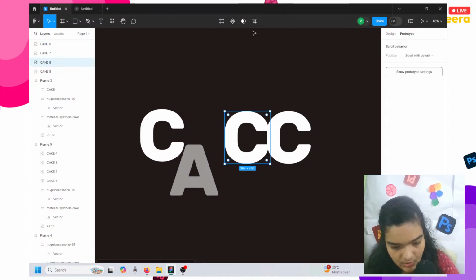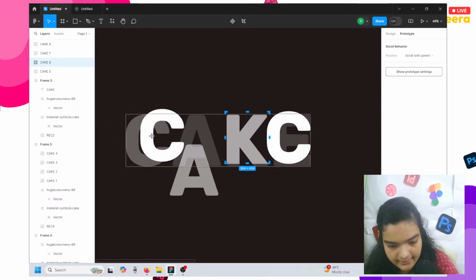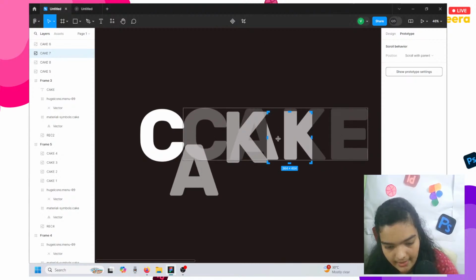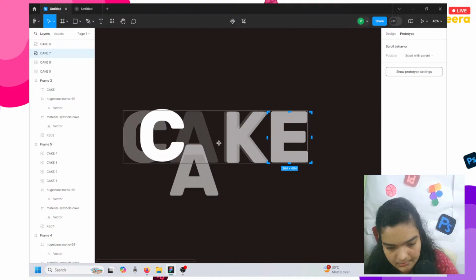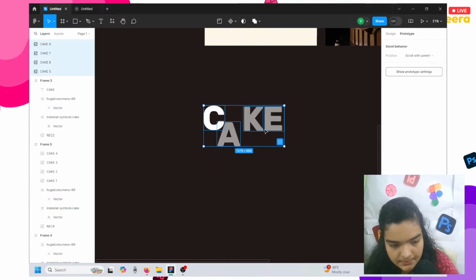Alright, and now we're going to shift this around to have K in the center. Go right here, shift this around to have E in the center. And we'll take all of these,